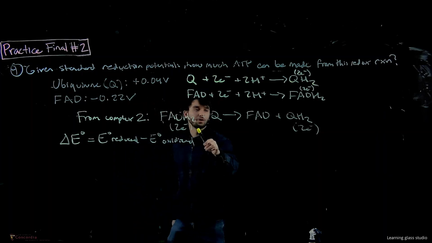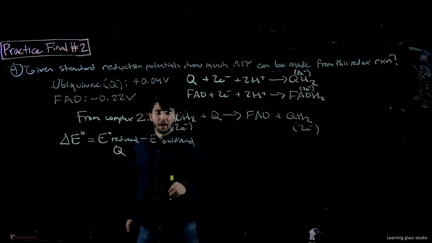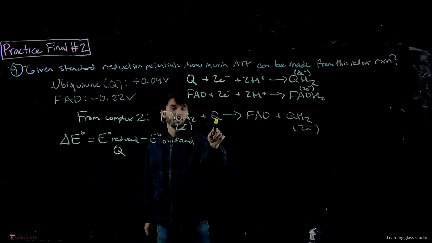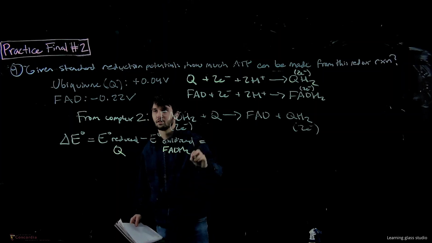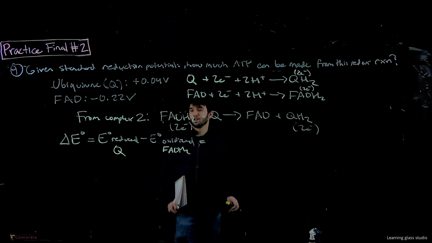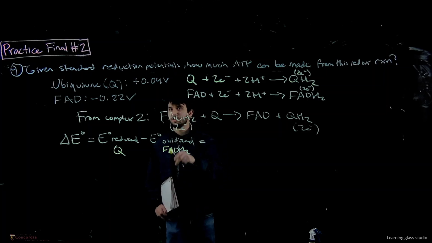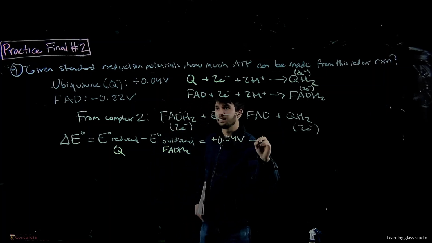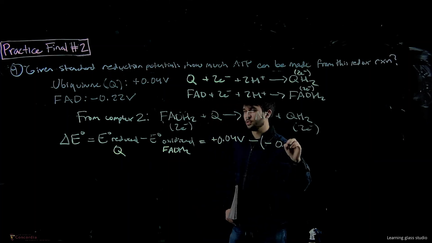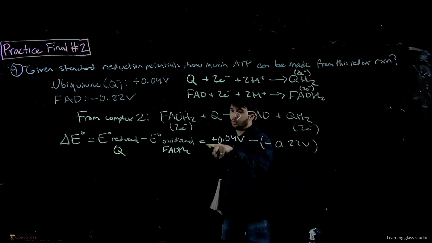The Q is being reduced. The FADH2 here is being oxidized. Okay, so this is going to be equal to the standard reduction potential of the reduced species, which is Q, so plus 0.04 volts, minus negative 0.22 volts. So for FAD,